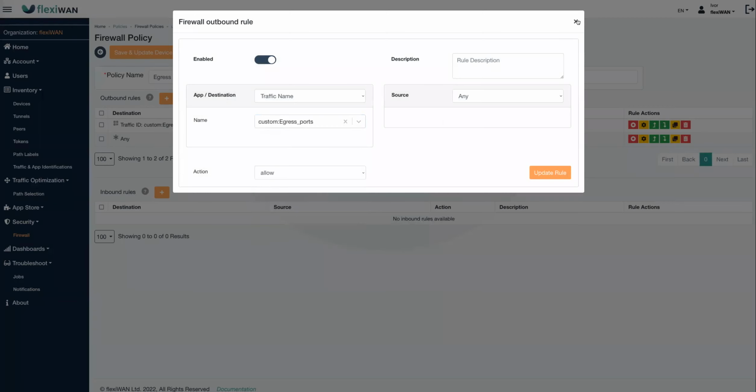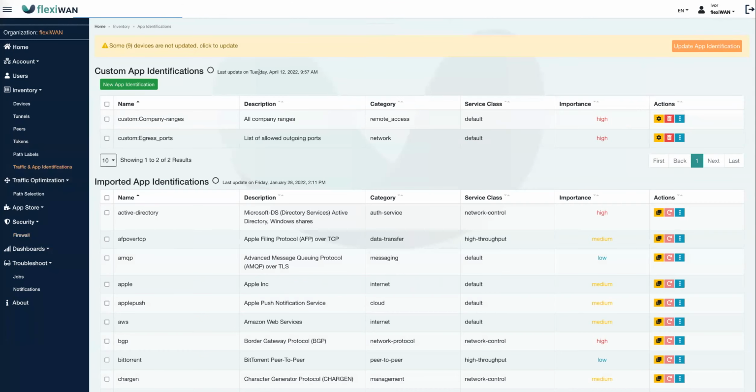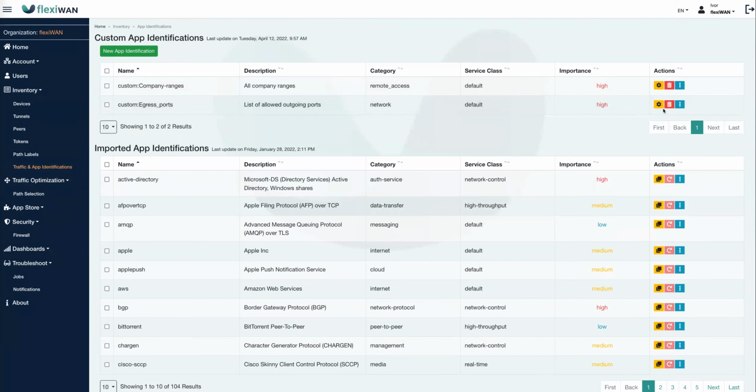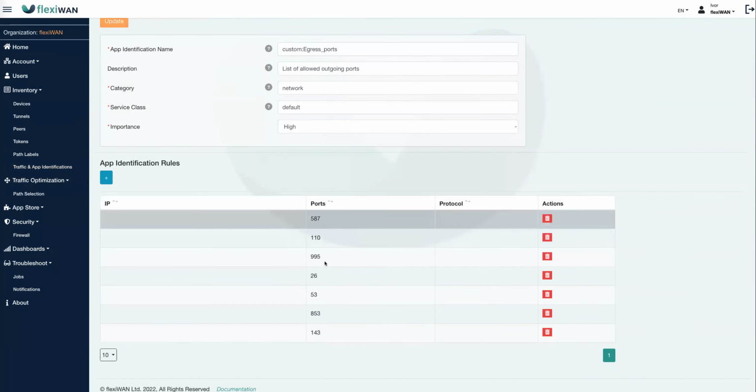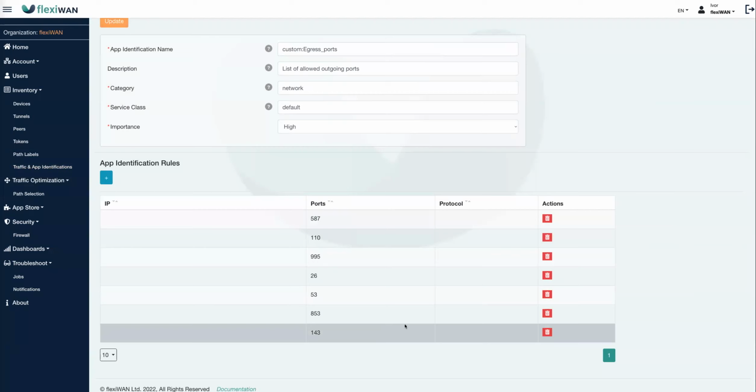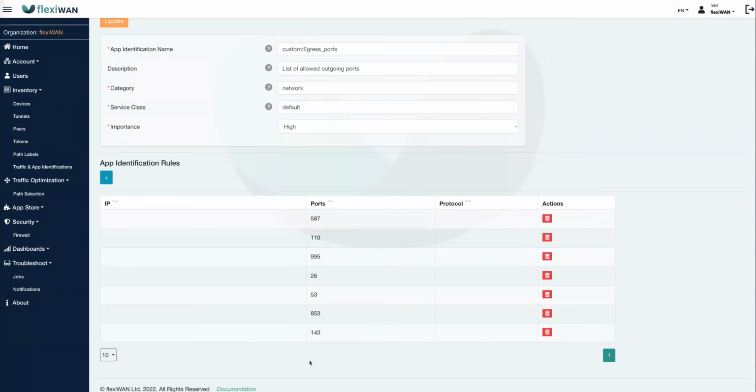So what are egress ports? Let's cover that. The egress ports is this custom policy which contains all the popular ports, all the ports required for normal internet communication, and no other ports will be allowed other than these ports. And these ports are used in most cases for websites and email sending and regular user communication. And most of the communication happens via